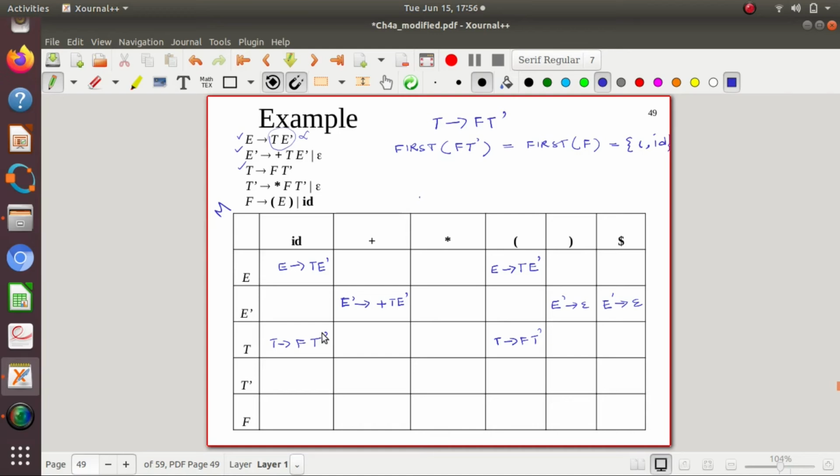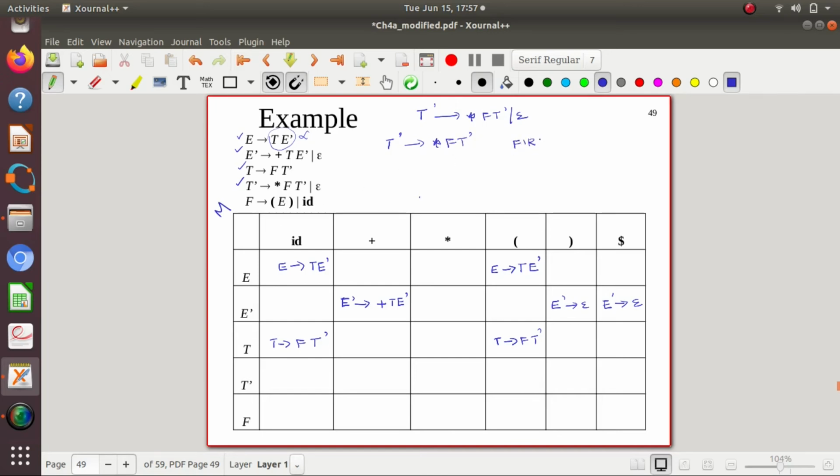Then next we have to consider the next production, that is equal to T dash gives star F T dash or epsilon. In this case also this is actually two productions, so first we write T dash is equal to star F T dash. So in this case we need to